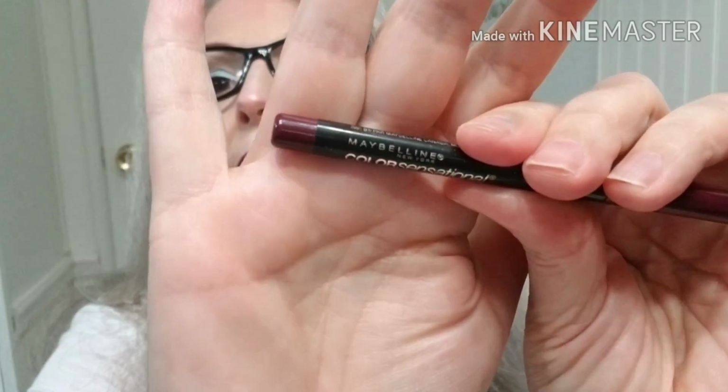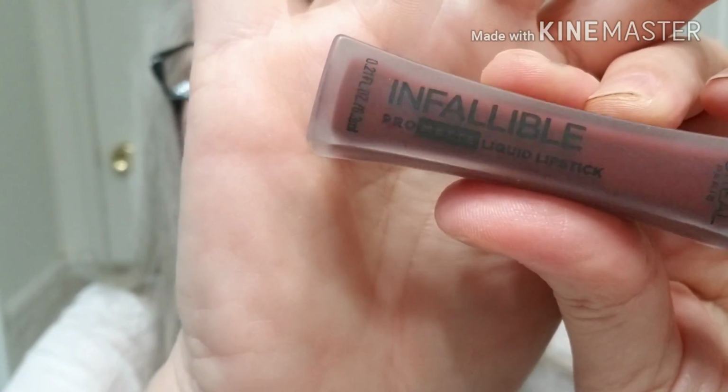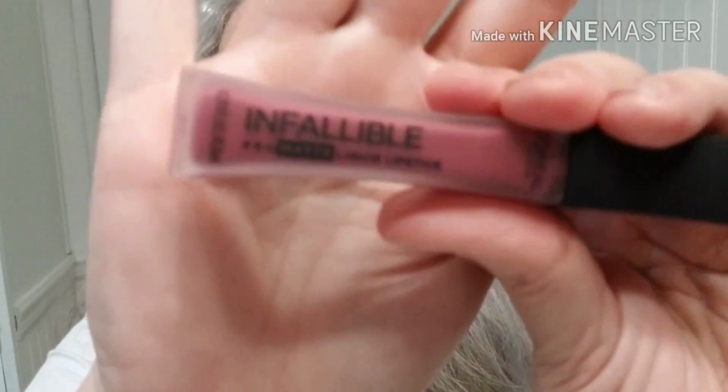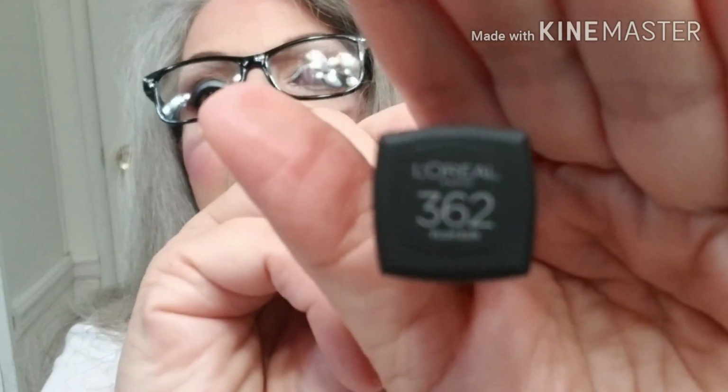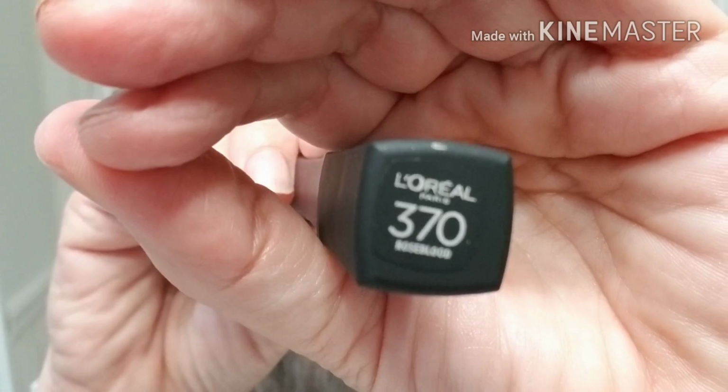And I'll tell you what I used on my lips here. What I used on my lips was a combination of a couple different things. So I used the, let me put on my eyeglasses so I can read. I used the Maybelline Color Stay. Okay, that's what I lined my lips with. And then I used the Infallible all the way around, and then just in the center I used this Infallible, and I don't know, here's the shade number. Oh, I hit it right the first time. And then this one. Okay,